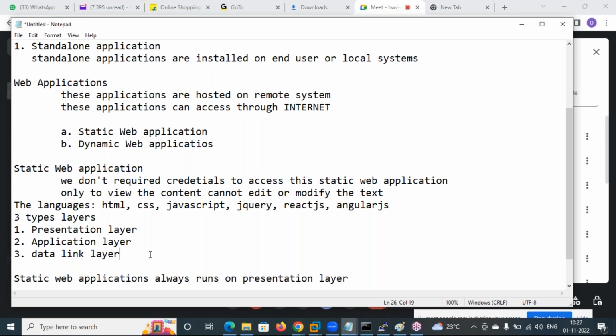So to develop this presentation layer, basically the presentation layer,